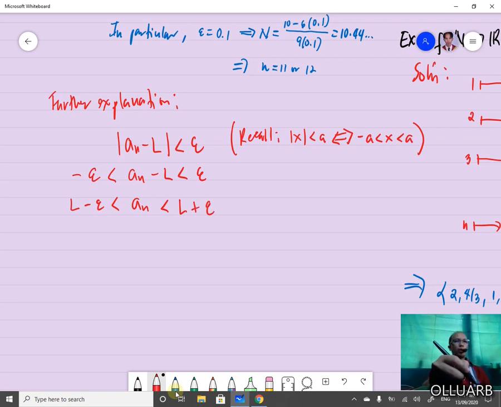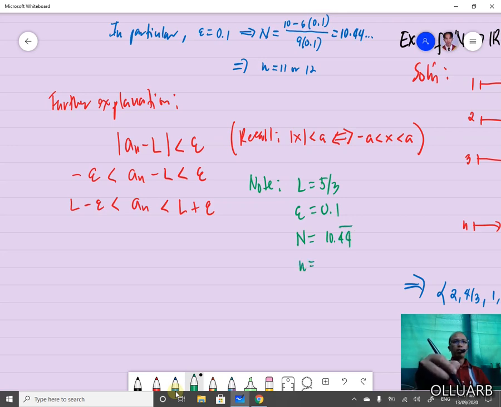Okay, so let's have a note here that our L is 5/3, our epsilon is 0.1, our big N is 10.44, and our small n will start from 11. So if you substitute all these values,